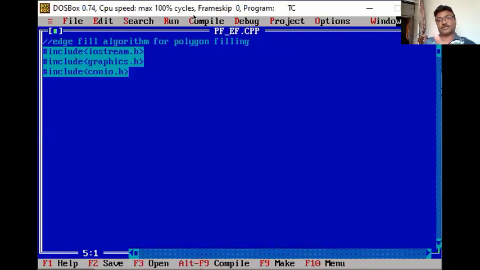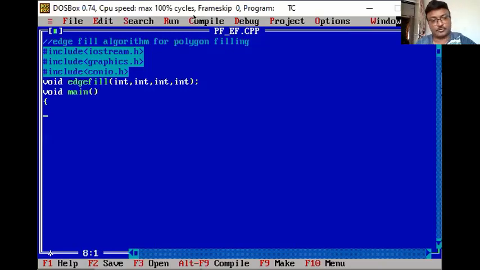Okay, now once you have considered this, so you are using the edge fill. So first of all write the function declaration. So I am declaring the function, which one? Edge fill, so that I can put the name. Int, how many parameters do I have to pass? 4 parameters: int, that are x, y, and new color, old color. Now once you have done this, go for your main function, void main.